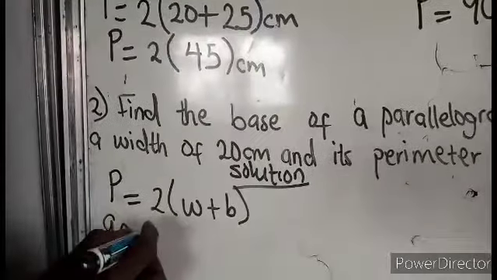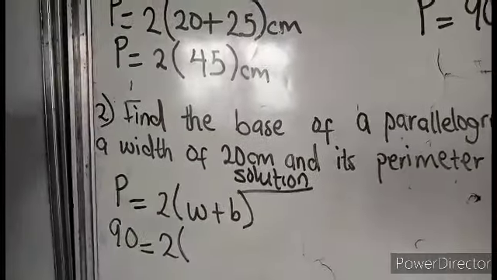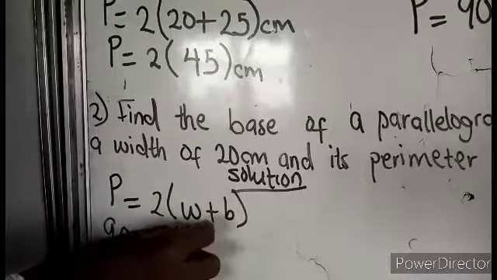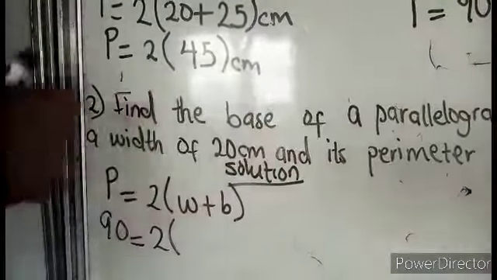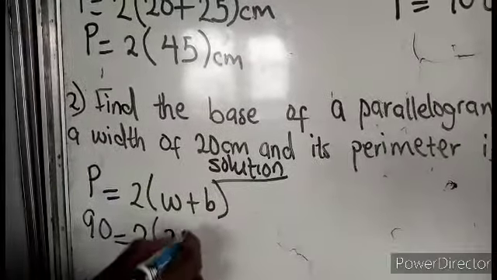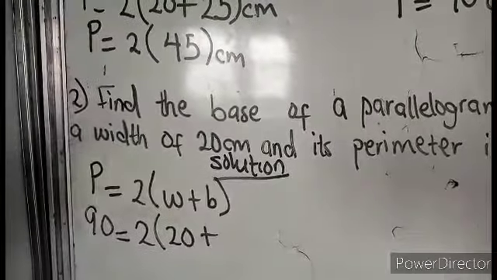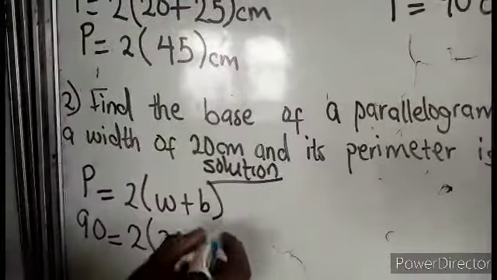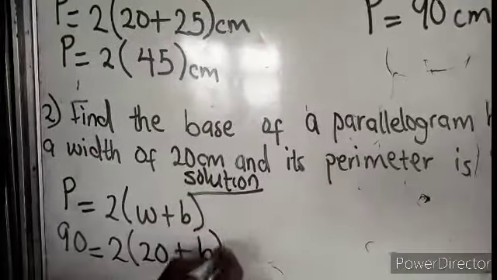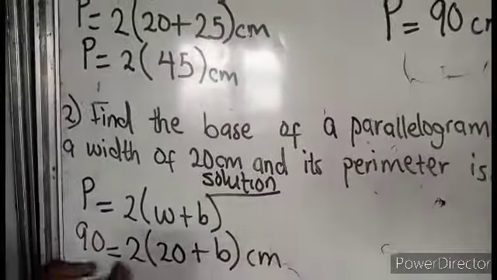Equals 2 into bracket. Our width is what? Are we given width here? Okay, 20 centimeter. Plus B. Are we given the base? No, that is what we are looking for. So let's leave that at B. So we have 90